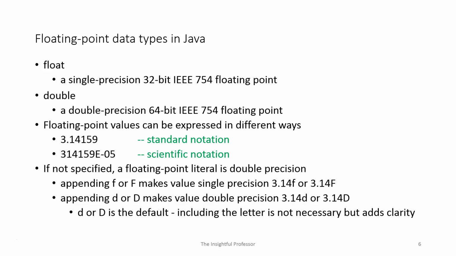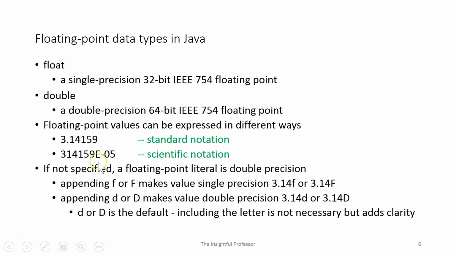Now, how would we express a value if we were to inject it into the program and use that value to be assigned to a variable? Well, in the case of floating point, we have what's called a literal. Actually, in any of these data types, we'll have a literal. And a literal is a source code representation of some fixed value. Here, the literal that we could use for a floating point value would be something like 3.14159. This particular format is called a standard notation,